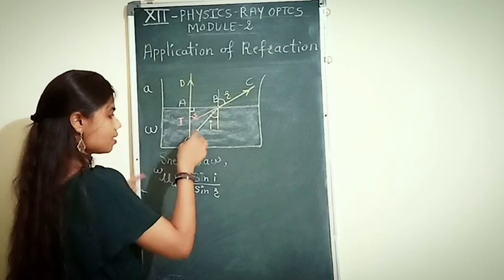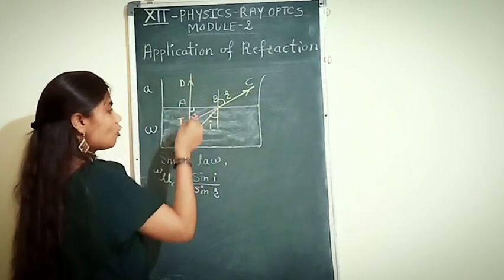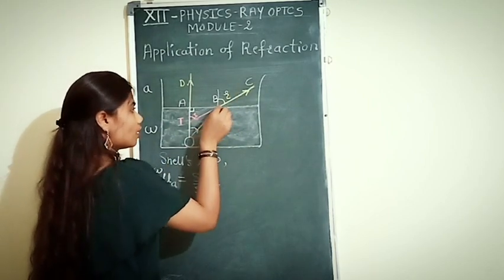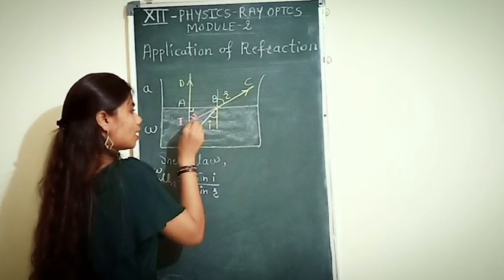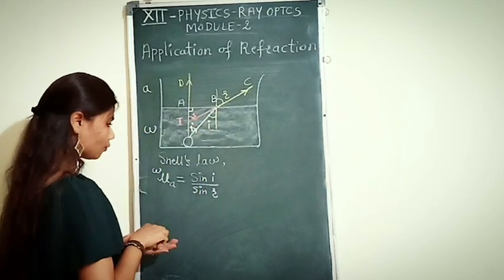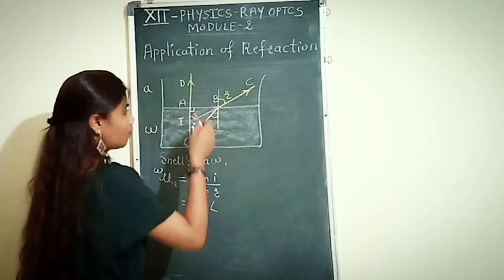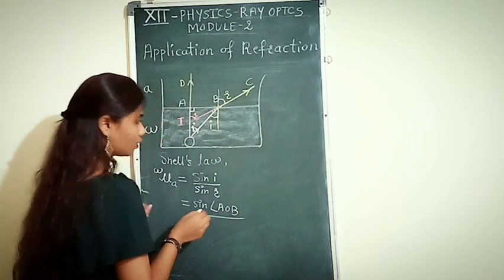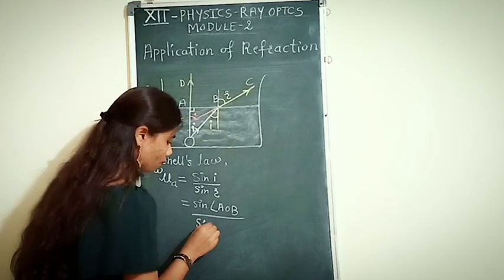The angle of incidence is at point I, as DO and the normal drawn at point B are parallel lines. Therefore, by alternate angles, it is also the angle of incidence I at point O. Now, therefore, sine I becomes sine of angle AOB. And the refraction angle is at point I. Therefore, sine of